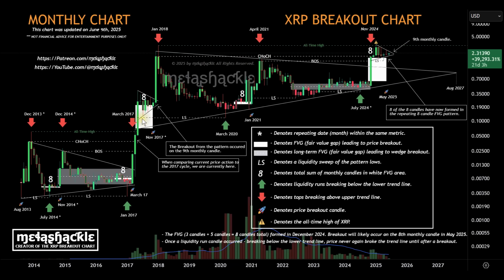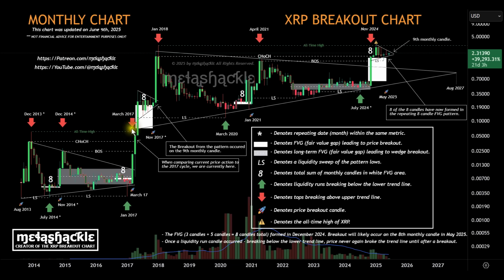And there are some differences between the 2017 and the current iteration of this pattern. So I will come back to this. It also happened right here in the 2021 cycle, forming a fair value gap, 5 subsequent candles breaking out on the 8th candle before running up. Now the main difference that we've seen in the 2017 cycle is the price broke out of the pattern, moved up here, set what at the time was the all-time high, broke up into this pattern,